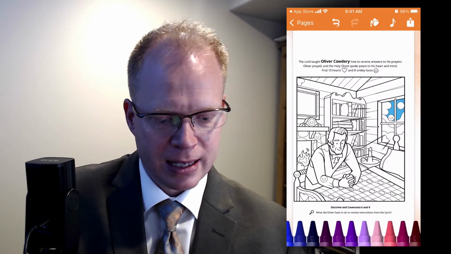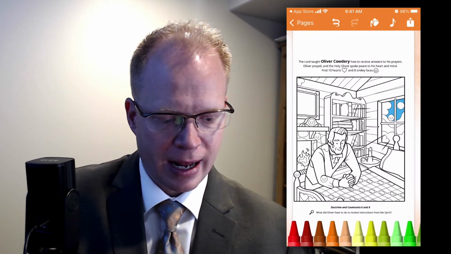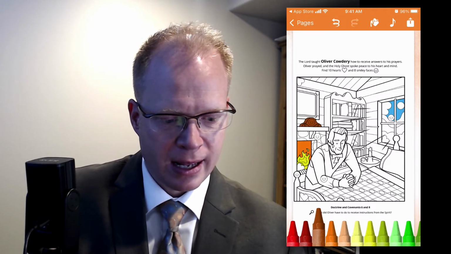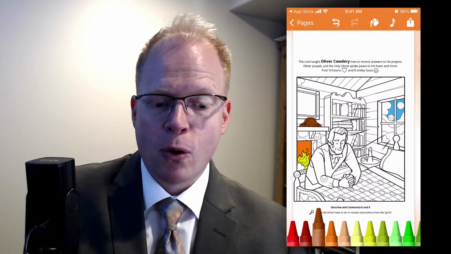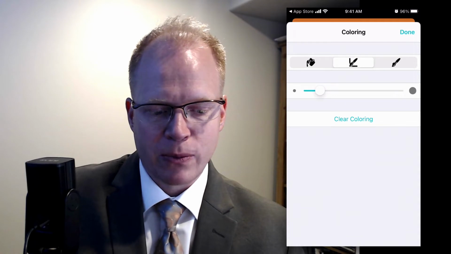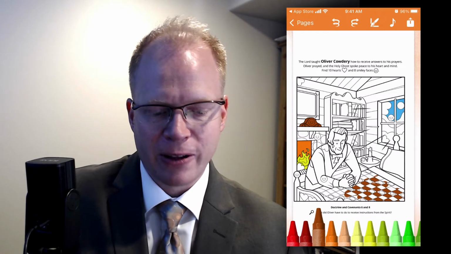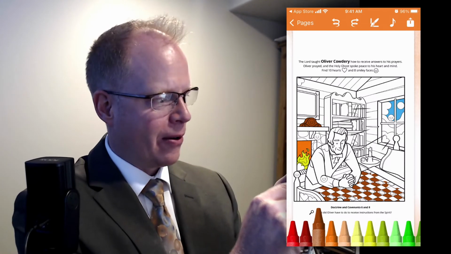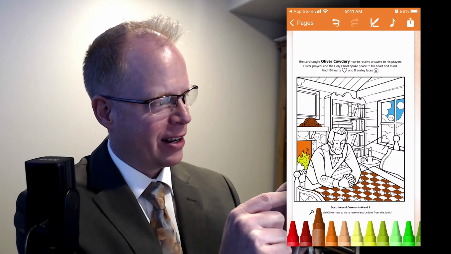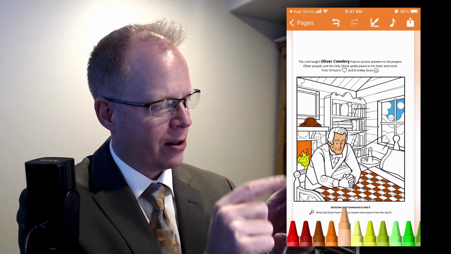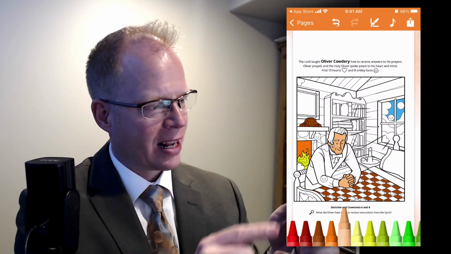If you have a paint bucket, you can just pick a color and drop it in. I'll pick some orange down here and fill in the fire. Some yellow maybe for that flame, and some browns for the clock. But you could do it like that. Or if you were to pick one of these other coloring methods, you could color it in with your finger. So you see how I can just go in and fill in that quilt. That's kind of fun, huh? I'll pick a different color maybe for Oliver's skin and color that in. And it kind of guides you through that.